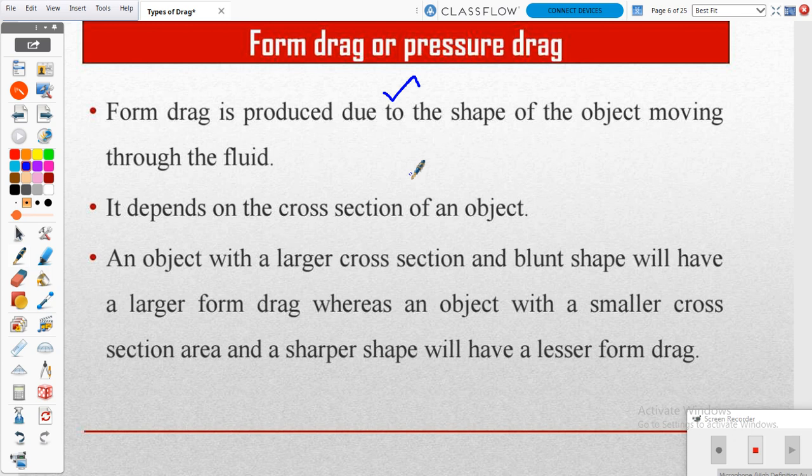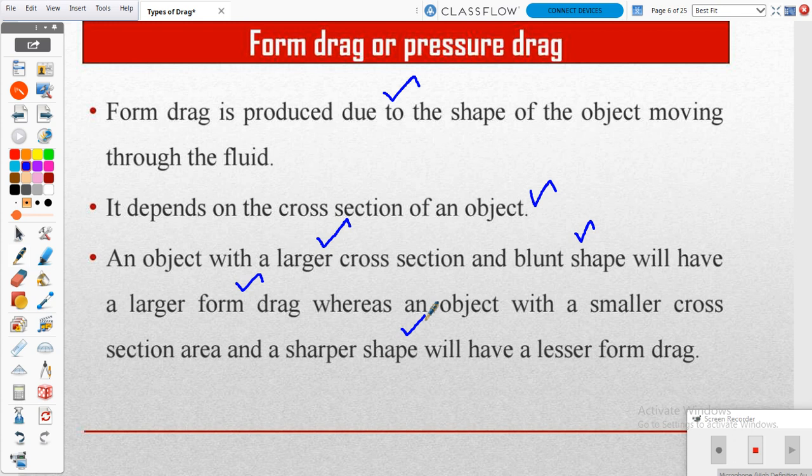This parasite or form drag is created based on the cross section of our object. If our object has a larger cross section area, it produces a larger amount of form drag. If we have a smooth or blended surface, we can attain a smaller amount of drag.